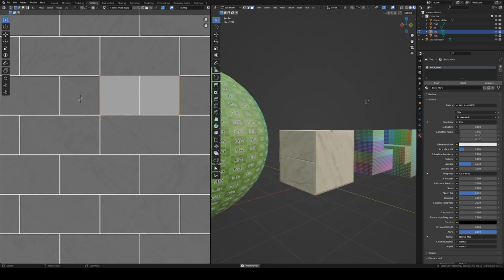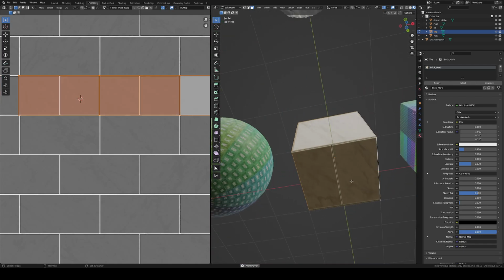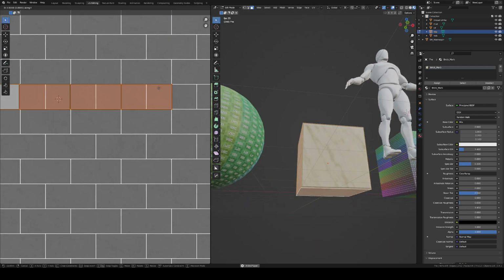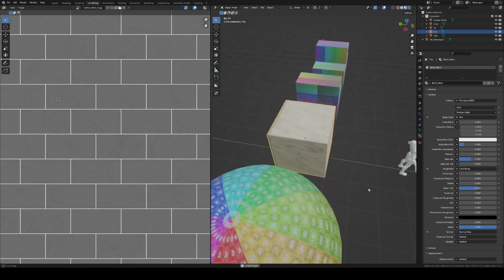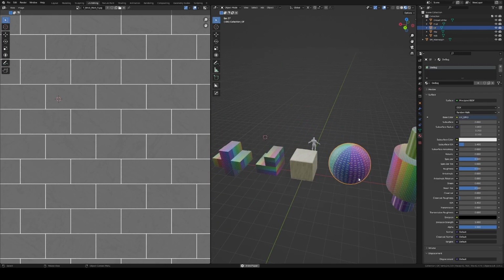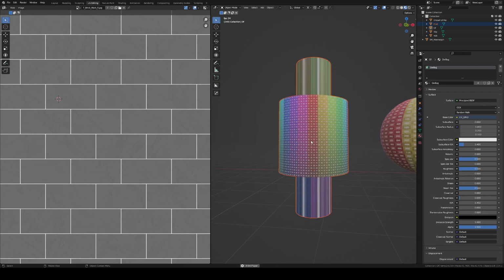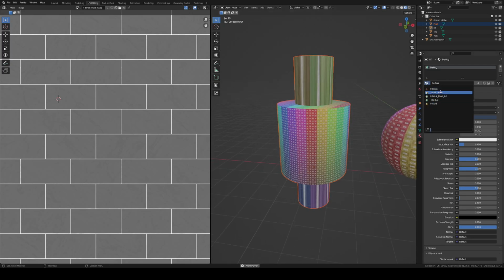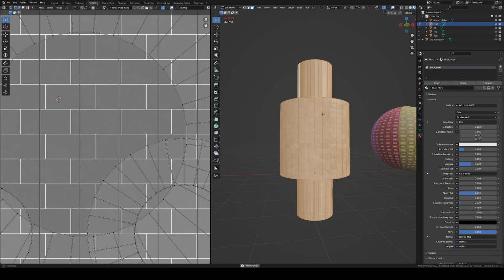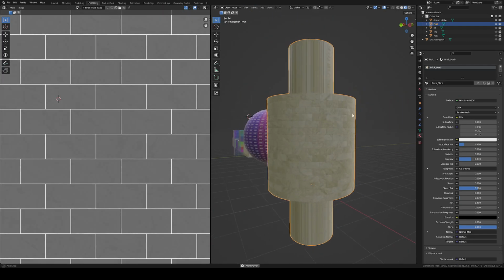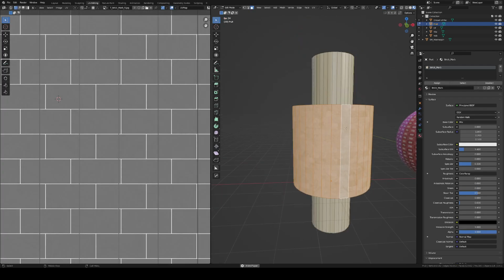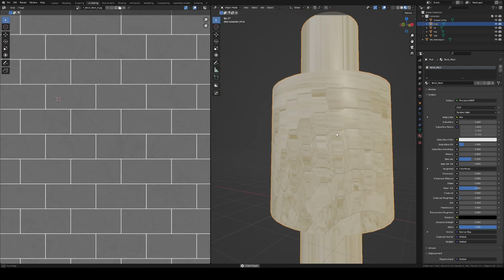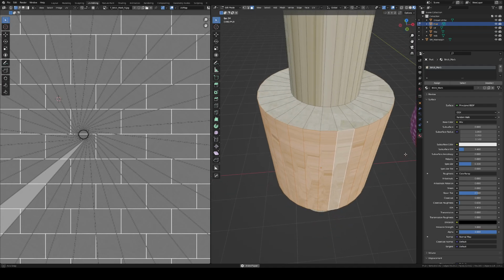And if we didn't like these guys, we could move them to there, and then we've got big single bricks. Yeah, again with that follow active quad, I'm going to just try and drill that into you because it's a pretty powerful time saver. As you can see, we've already done it here, and because we've done it, the bricks line up rather lovely. If we were to just unwrap that, you see what happens because we're trying to collapse